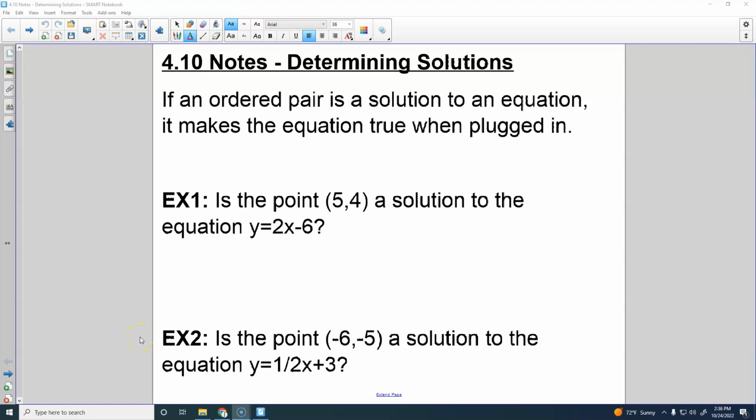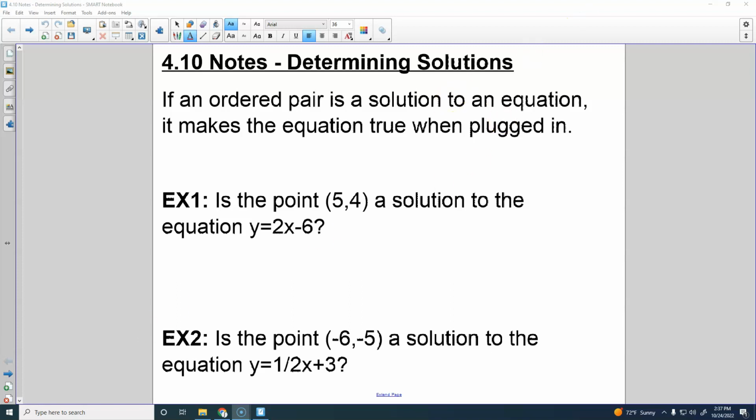A solution to an equation makes the equation true whenever it's plugged in. Okay? So we will be testing solutions to determine if they are in fact a solution or not. Basically, this is telling us whether or not that point is on that line, if you're thinking about the graph. One way you could check this is to graph the line and then see if the point is